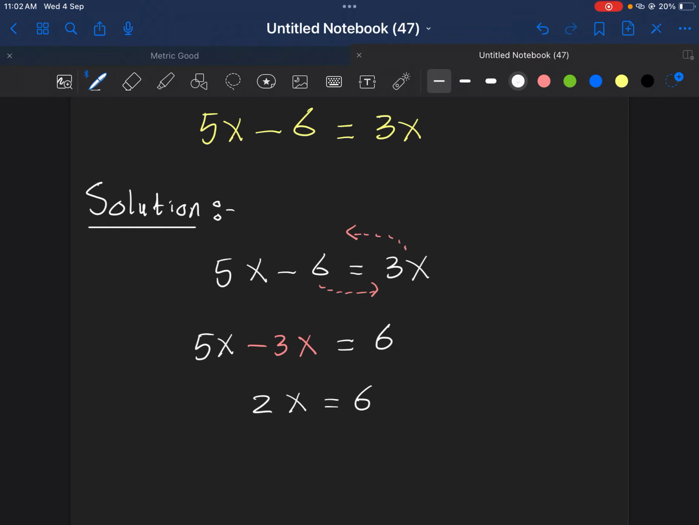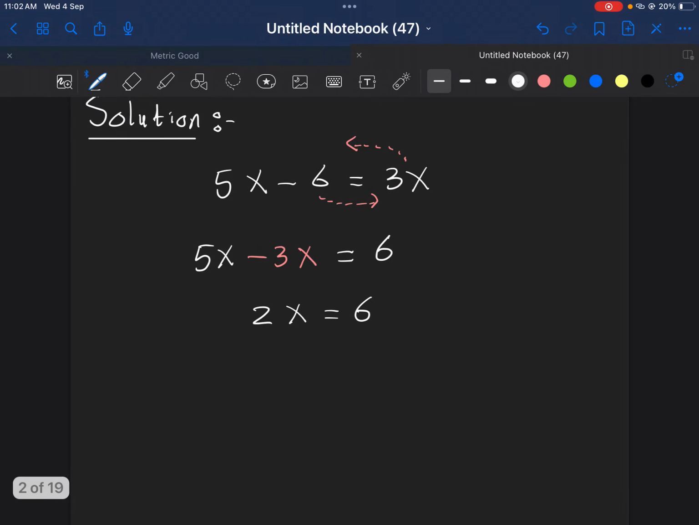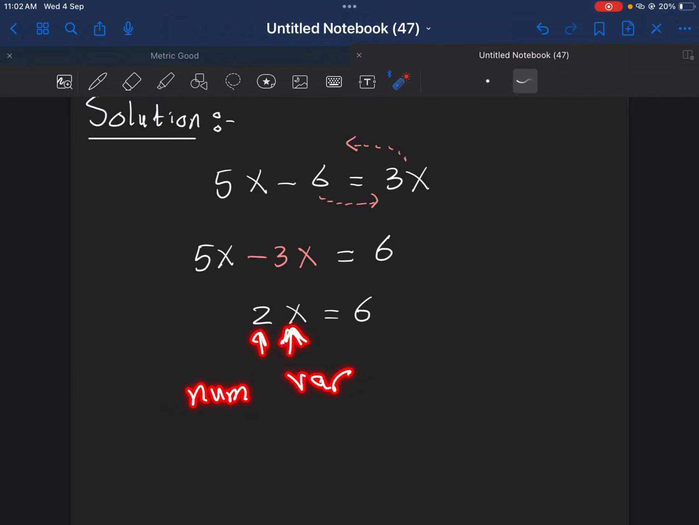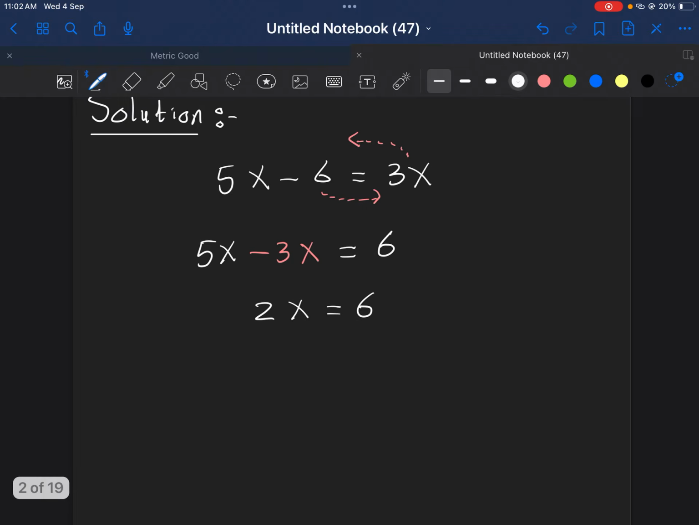So far so good. The last step is we need to divide by 2 so that we can get x alone. Usually if we have a number multiplied by a variable, so we have a number here, we have a variable here, if we want to get rid of this number, we have to divide by this number. So I have to divide both sides by 2. And that's what I'm going to do here. So if we divide by 2,